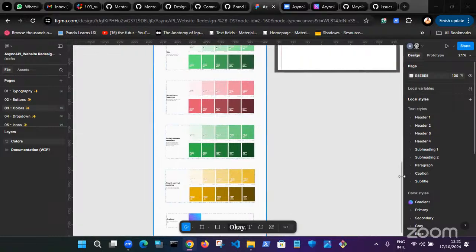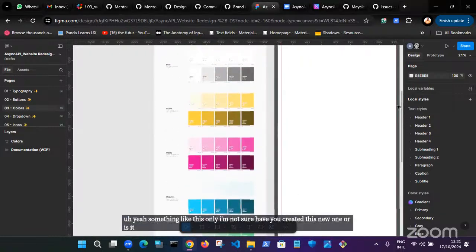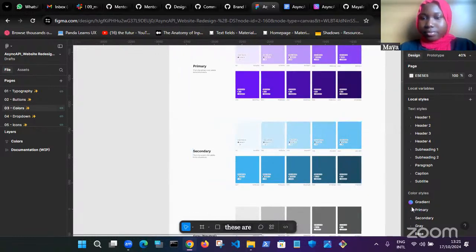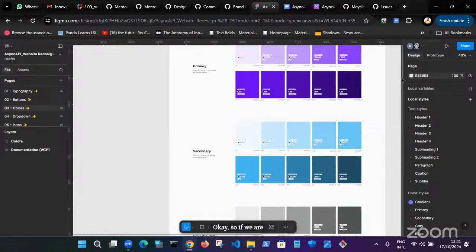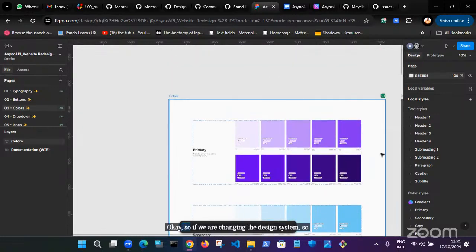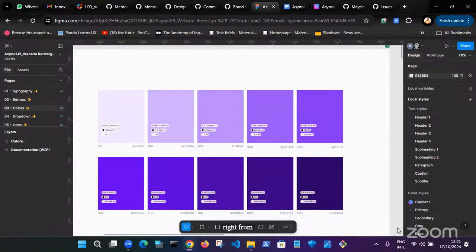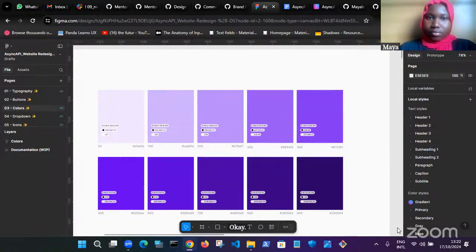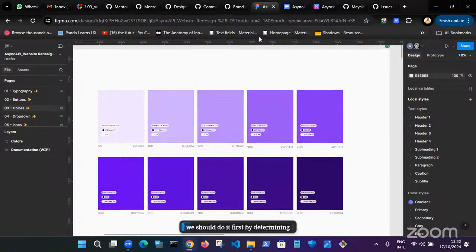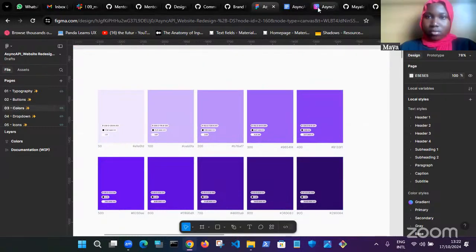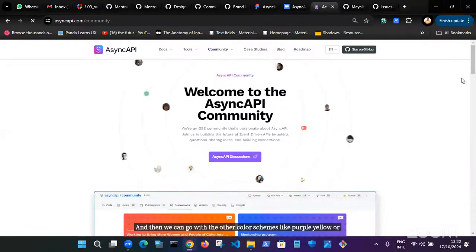I'm not sure, have you created this new one or is it the existing one? I don't see this as an existing one. No, this is a new one I created. Okay. So if we are changing the design system, let's be super clear. If we are changing the design system, then we are implementing something right from the beginning, and we should do it first by determining what our primary, secondary, and tertiary colors are, and then we can go with the other color schemes like purple, yellow, orange, or whatever we need.